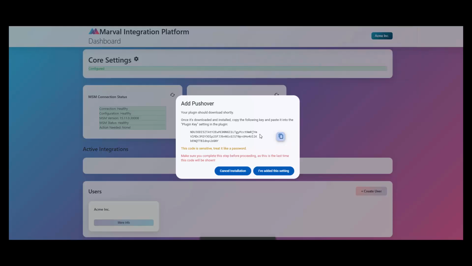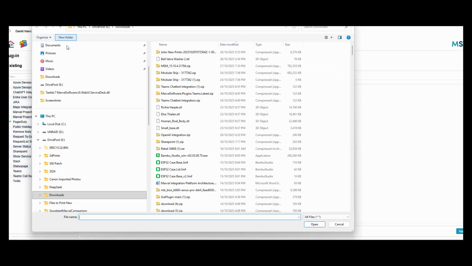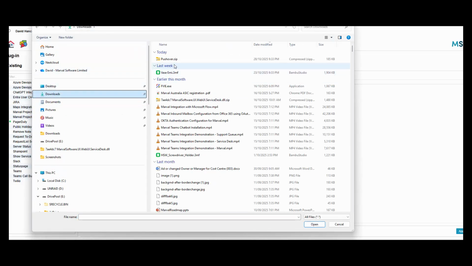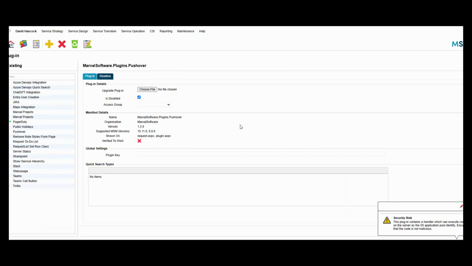So if I click the copy for the plugin key here, then I go to Plugins in Marvel. This is through Maintenance System and then Plugins. And then on a new plugin, I can click on Choose File. Going to navigate to my Downloads folder and then select the pushover.zip and then click Apply, and that will install